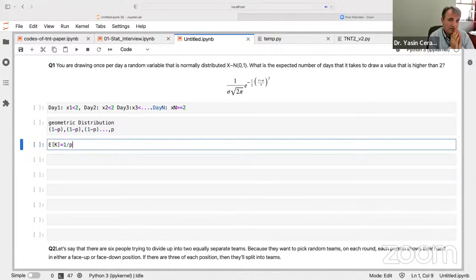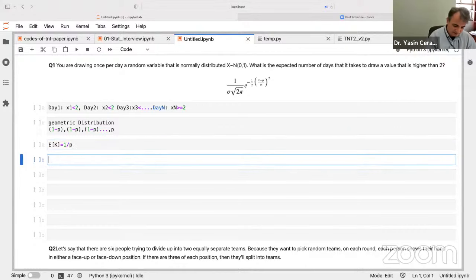Okay, now let us talk about what P is in this case, because now we reduce the problem into a geometric distribution. Then what is P or 1 minus P in here, right? What we are trying to see is whether the number that we draw is greater than 2 or not. Then P is the probability of the number that we are drawing, let's use capital X, representing the entire set of numbers we are sampling, being greater than or equal to 2, right? So this is P.